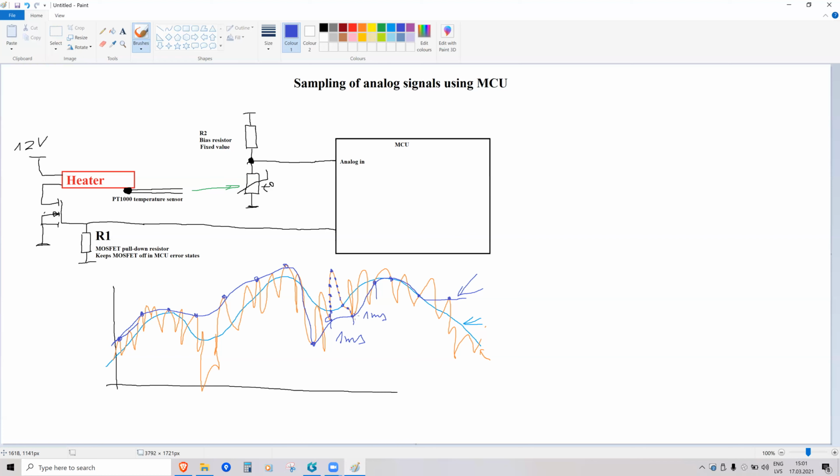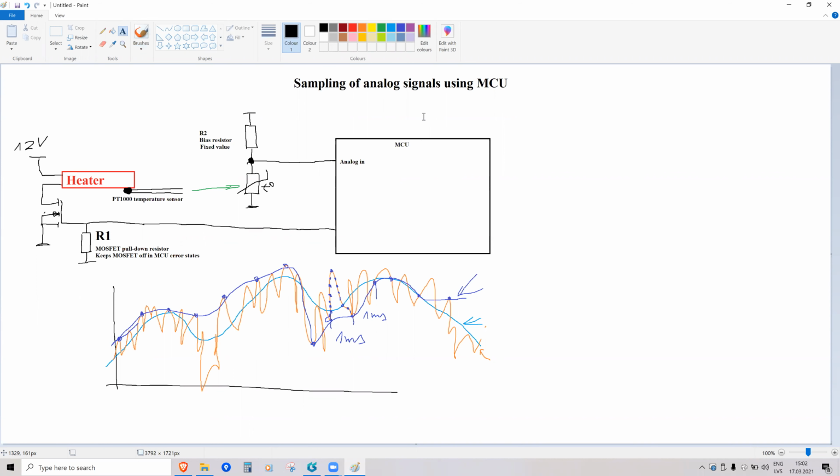It's possible that it does, but maybe the other thing is that you don't want your microcontroller to be overloaded with this sampling. Sampling 100,000 times per second means loading the CPU with lots of data, which needs to be averaged out and compared and so on. So what people usually do